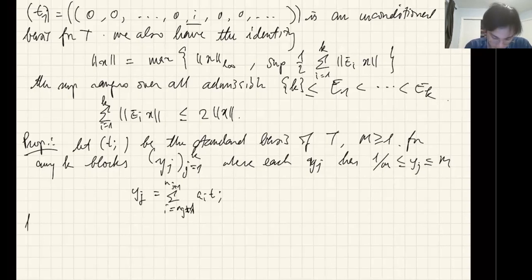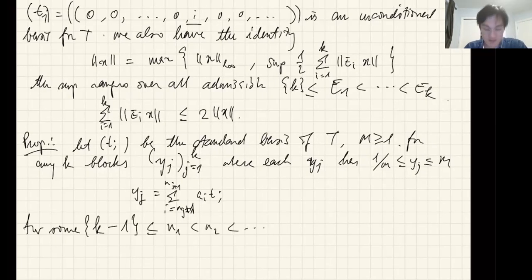And for some nj's, now they have to, here, let me write the thing and then we'll talk about it. We need to have this n1 and 2. Okay, so these are blocks with the support of the first block further along than k plus 1, and it's a sequence of length k. So this might remind you a little bit of the admissible sequence thing, which is kind of where it comes in. If this is true, then we have